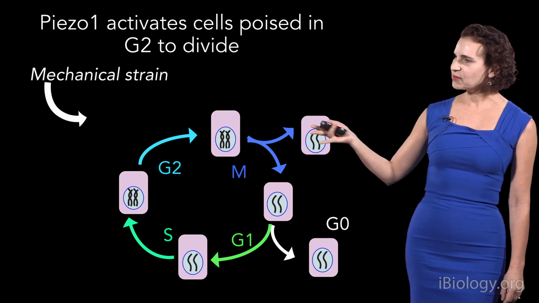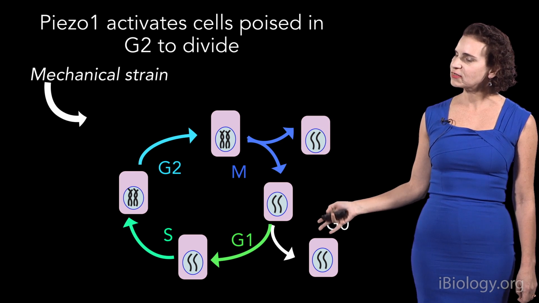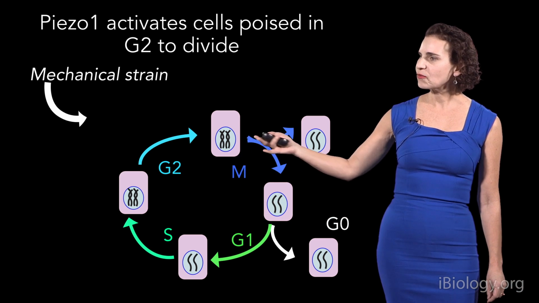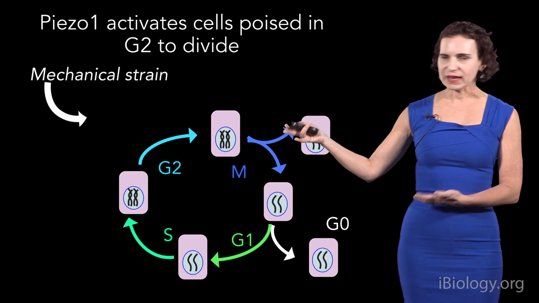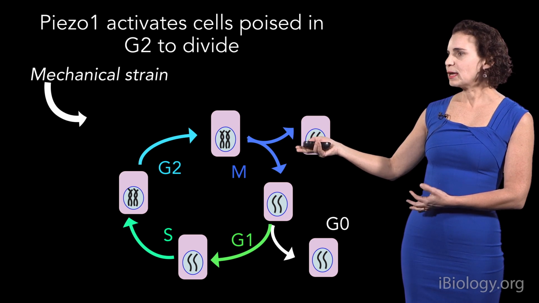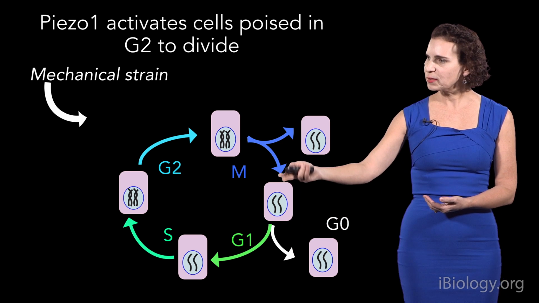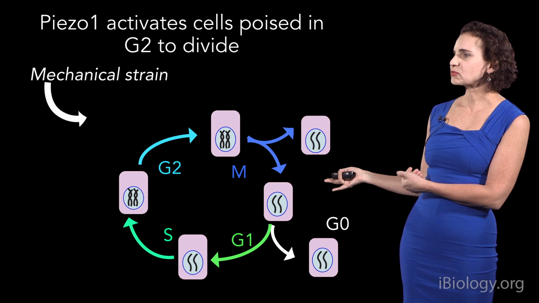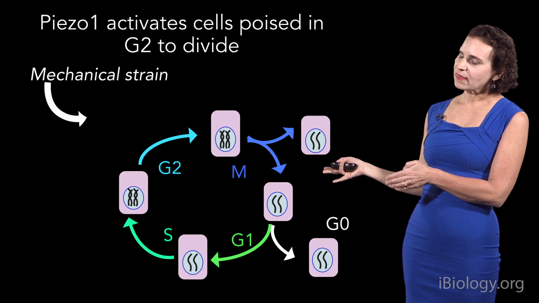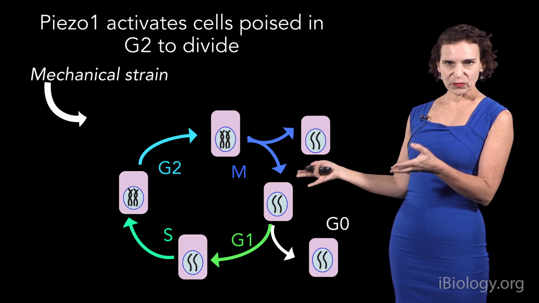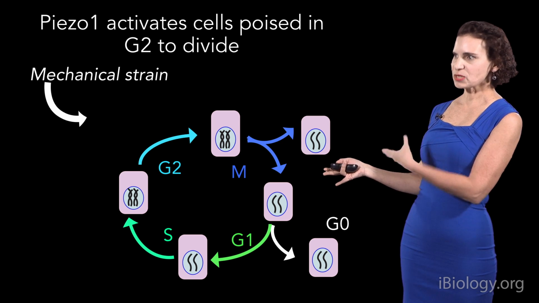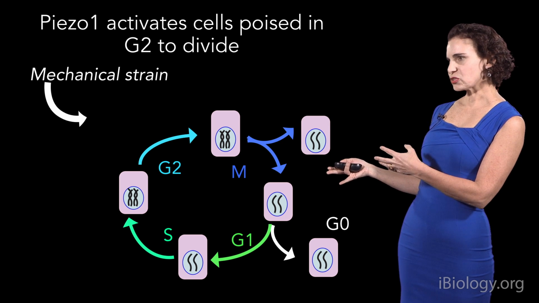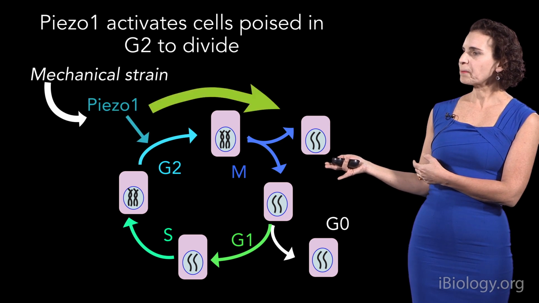So what we found is that mechanical strain can activate not only these early stages for cells to enter the cell cycle, but also, much more rapidly, activate cells to undergo mitosis. Because this whole process typically takes around 6 to 12 hours, 6 to 24 hours really, we thought it was unlikely that the cells we were looking at, which went into mitosis so rapidly, were entering the cell cycle. And when we started to investigate where they were controlling this cell cycle, we found that